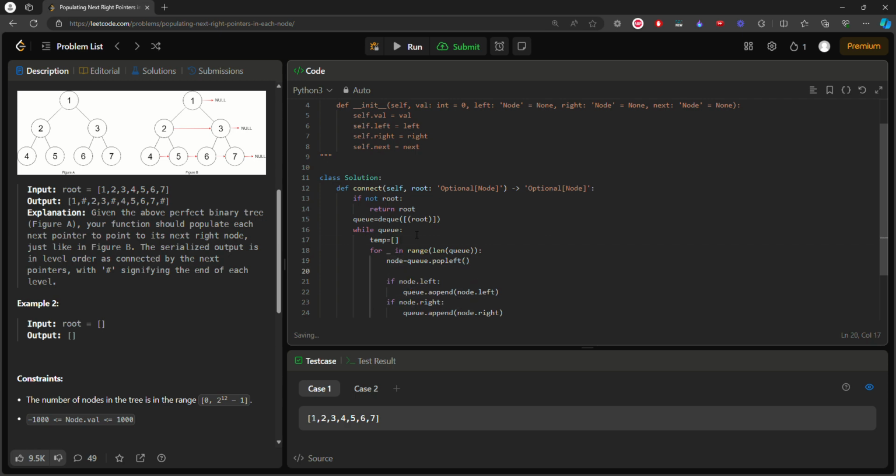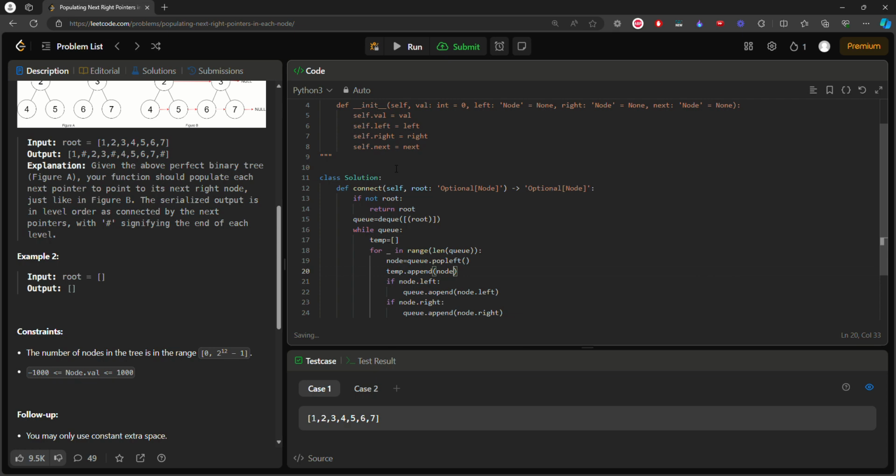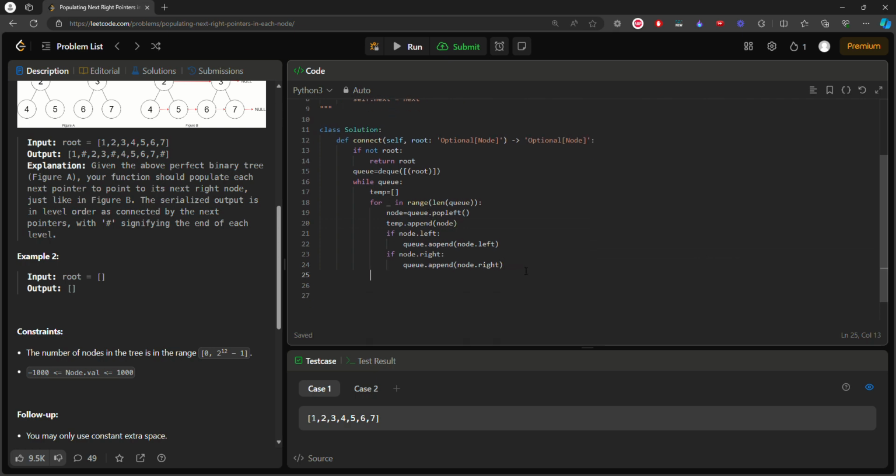Now what you do over here is you don't put node dot value, because you're not actually connecting the value 2 to the value 3, but you're connecting node 2 to node 3. So do one thing, directly put the tree node over here. And now see over here,